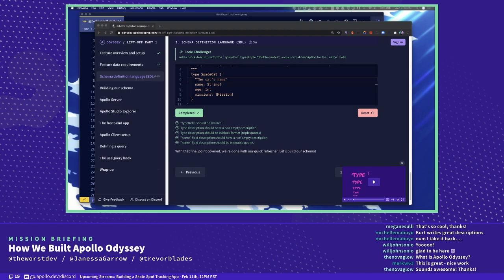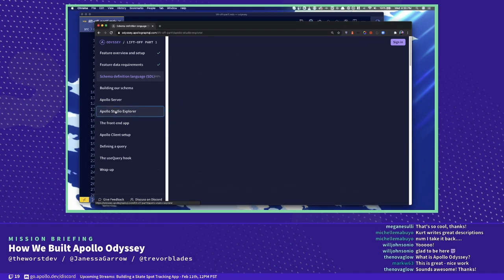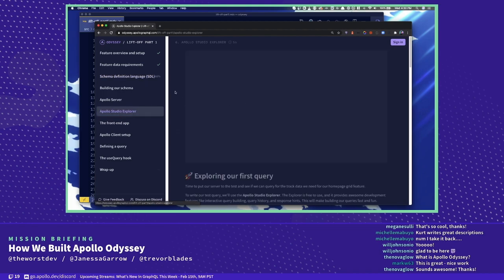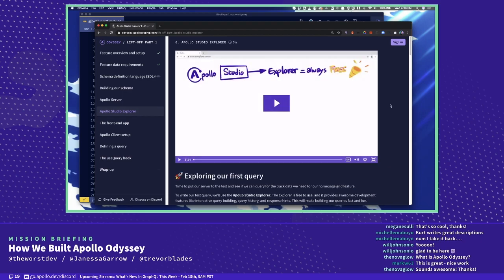Okay, so let's jump into the Studio Explorer. So I'm going to jump ahead, and I'm not restricted to. I'm streaming, so bear with the animation. My CPU is currently at about 70 to 80% because I've got screen share and Skype calls and OBS and all this other stuff.